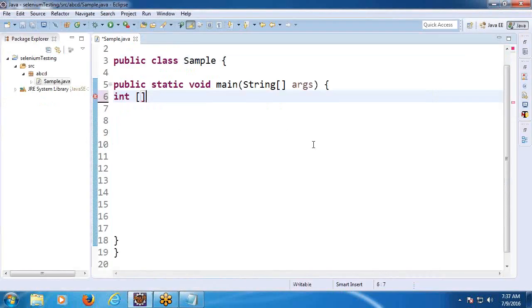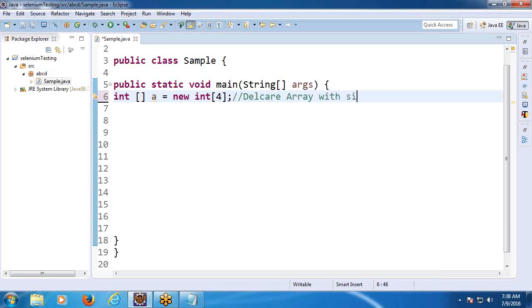Then array name a equal to new int of, suppose, 4, semicolon. This is declaring an array